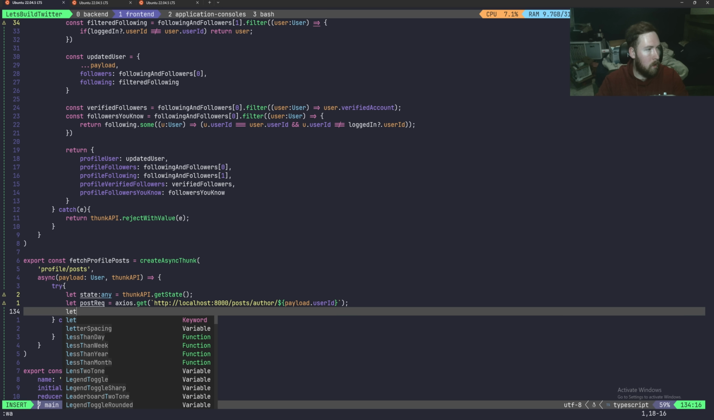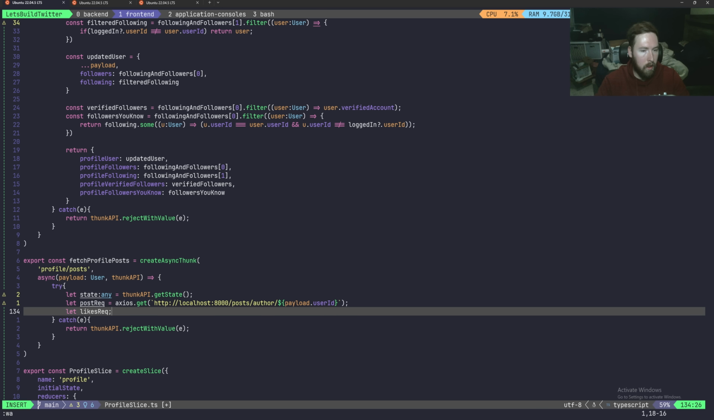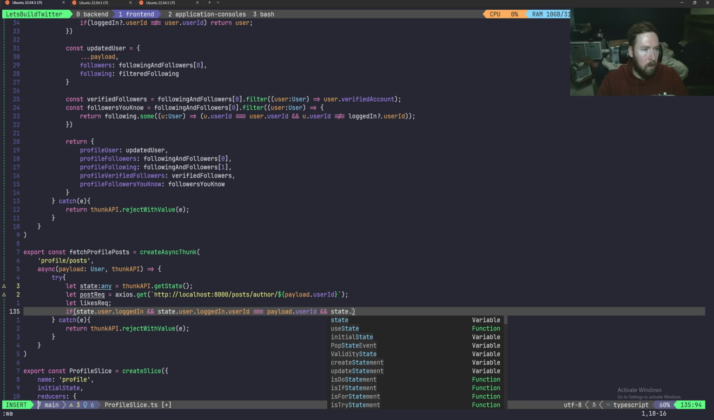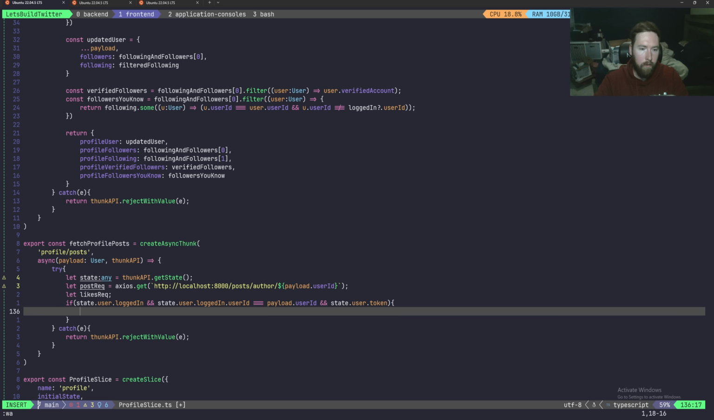So now we're gonna set let likesRequest. And then inside here, we're gonna say if our state.user.loggedIn, and if our state.user.loggedInUserId is equal to our payload.userId, and we have a state.user.token. So if we have all the information, if the user is logged in and we're on that logged in user's profile and there's a token, then we'll say let likesReq equal to axios.get, and then this will be